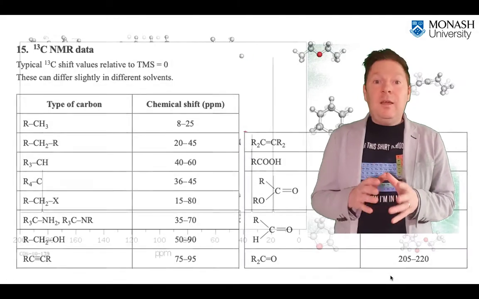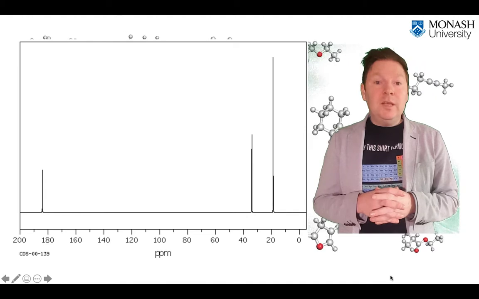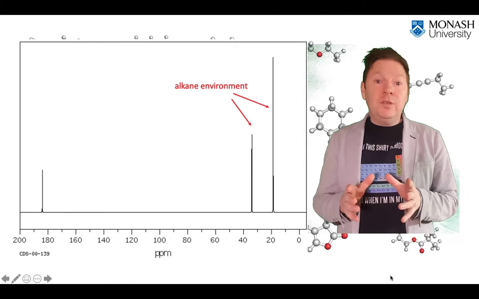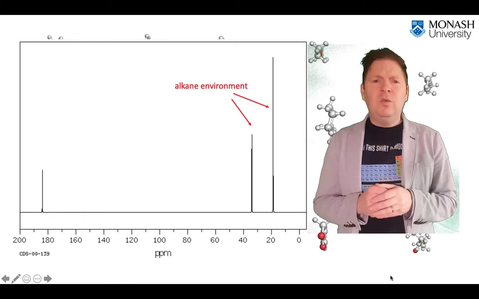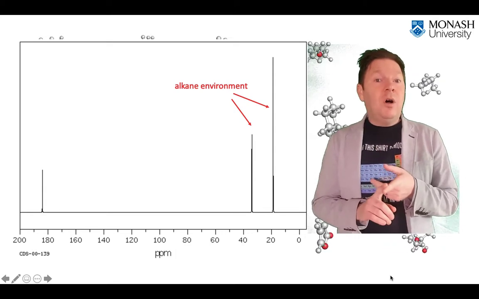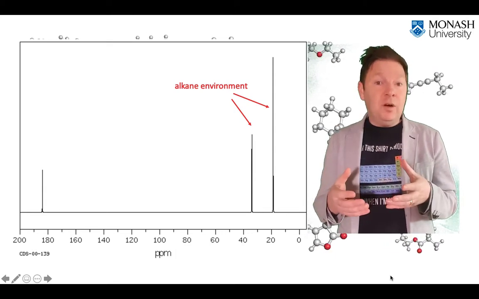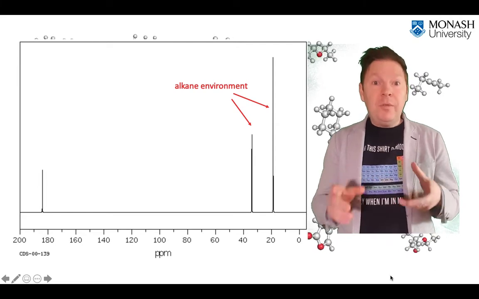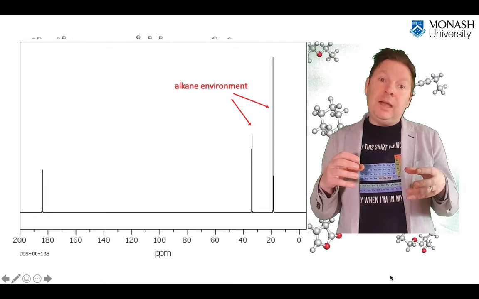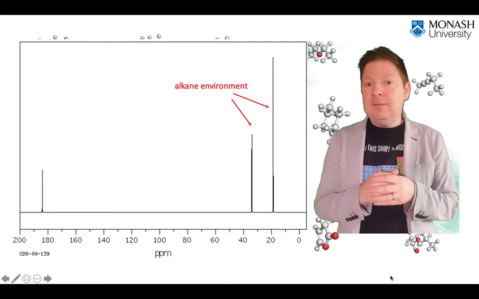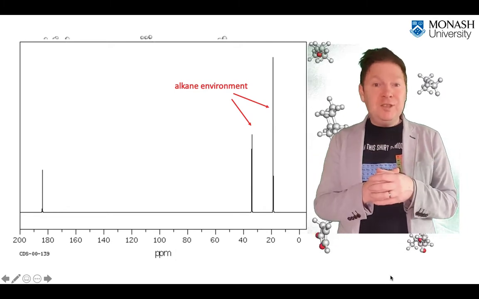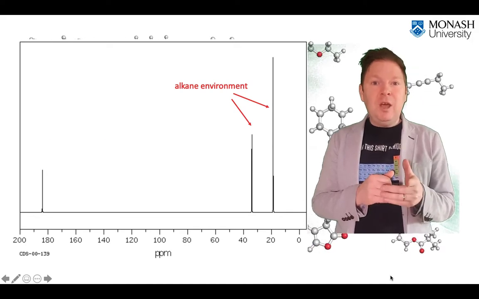So in this carbon-13 NMR spectrum, you can see we have 3 peaks. Now, 2 of the peaks are quite low in terms of their chemical shift. They're down towards sort of 20, 40 ppm. So these are quite indicative of, if you like, an alkane type of environment. So a CH3 group, a methyl group, maybe a CH2 or a CH group, which are a part of what we call an aliphatic chain, or an alkane type of chain, which might be part of a bigger molecule. In fact, this is clearly a bigger molecule because it's also got a peak right up near, almost